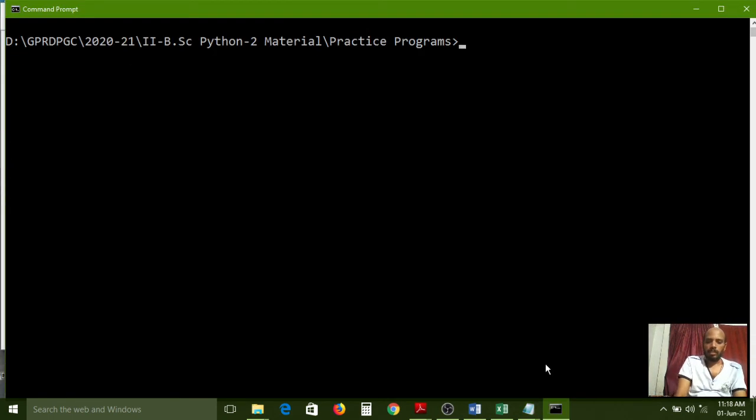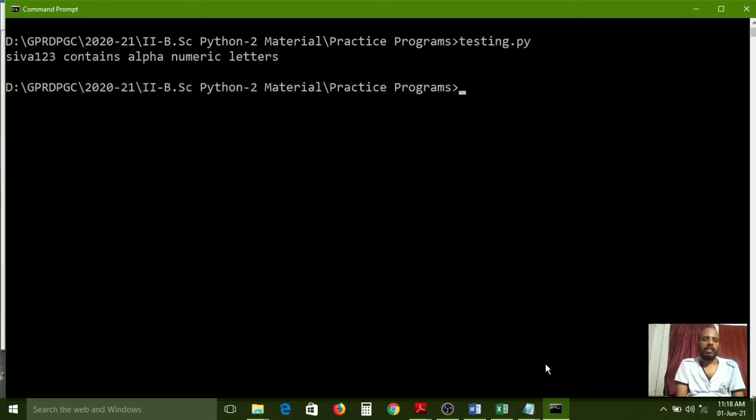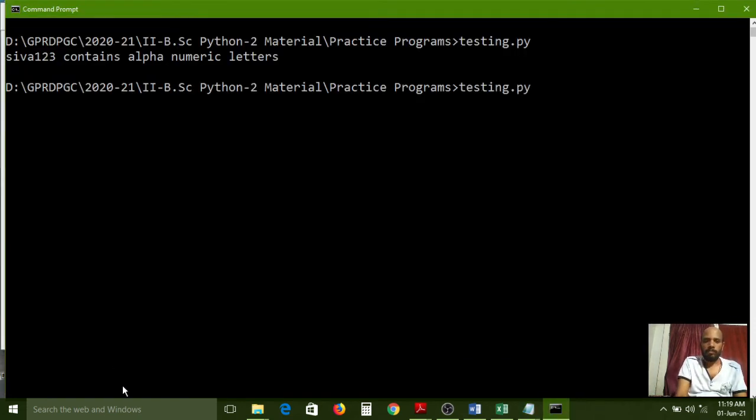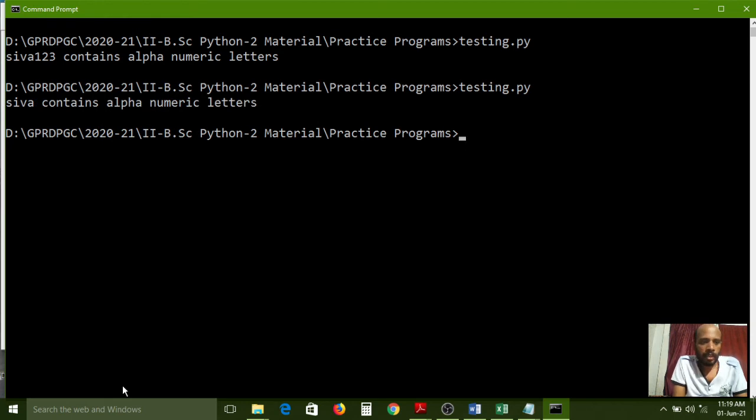CLS. testing.py. Siva123 contains alphanumeric letters. Because the Siva word contains the name, what? Siva123. Instead of using 123, I have simply used Siva. Again, one more time I am executing. Siva contains alphanumeric letters. Why?